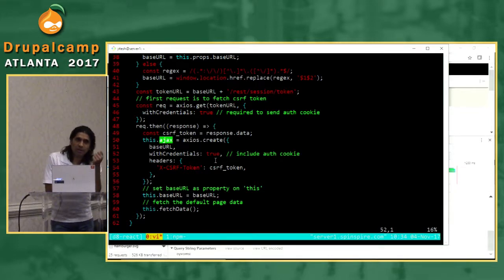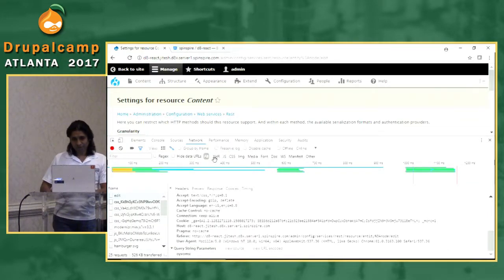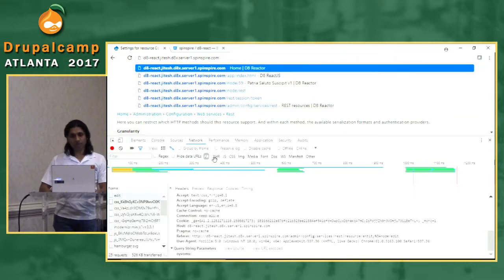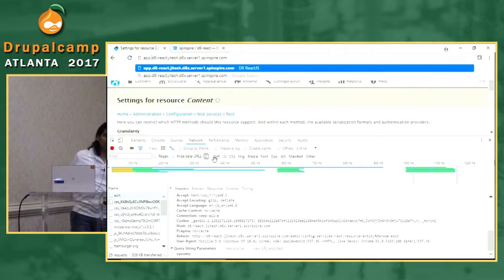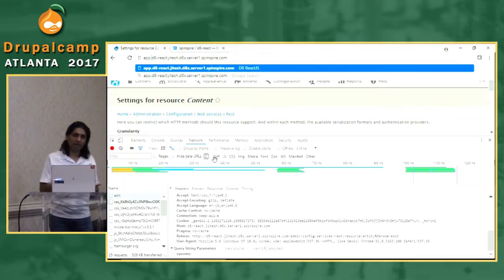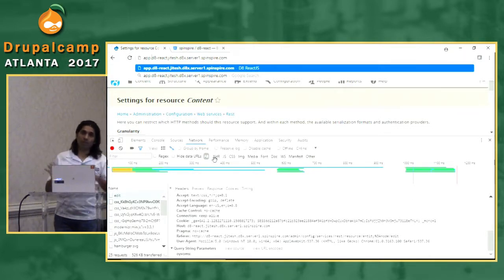Cookies are either host specific or domain specific. So in that situation, what we could do is make the same cookies available not only to the same host, with all requests going to the same host, but also to a subdomain. So this is the second part of the strategy. When you are doing your ReactJS app development, it's hard to always do it inside Drupal. You want to do it independently and then add it to Drupal, or do it completely independent of Drupal and just access Drupal as a backend. So either way,